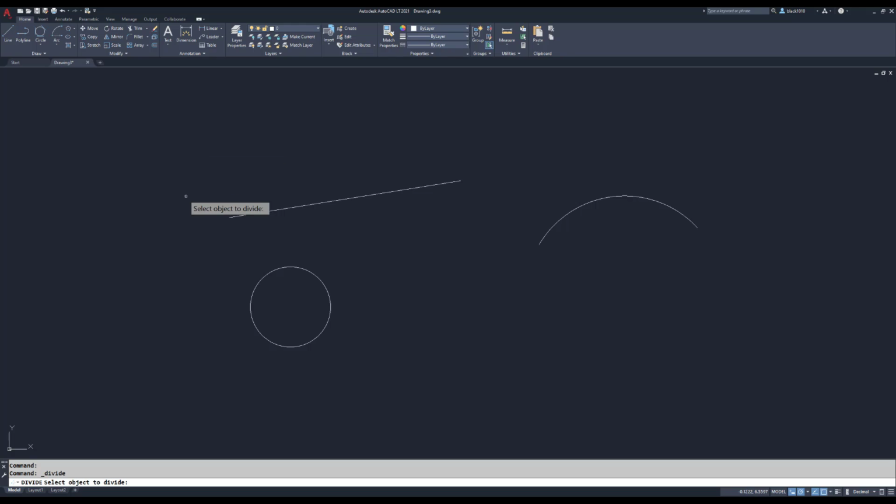To select the object to divide, I'll go ahead and pick this line, and then it asks me for the number of segments to divide it up into, and I'll just say 5, and hit enter, and it divides that line up into 5 different segments. It really doesn't divide it up into 5 different segments. It just drops a point in to equally divide the overall length into